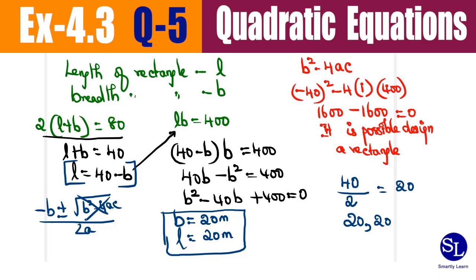If you're not comfortable doing minus b plus or minus square root of b squared minus 4ac by 2a, you can directly do splitting the middle term, because 400 is a perfect square. You can do this as (B minus 20) the whole squared is equal to 0. B is equal to 20, 20. Here also we have attained the same results. Only the approach was splitting the middle term here. So the approach is left to us because it is a word problem. So choose whichever is very comfortable to you.